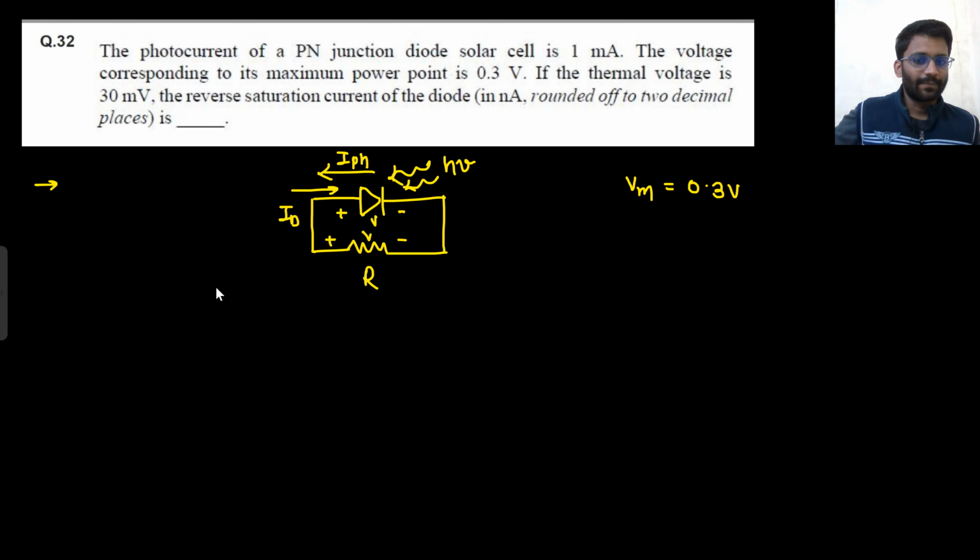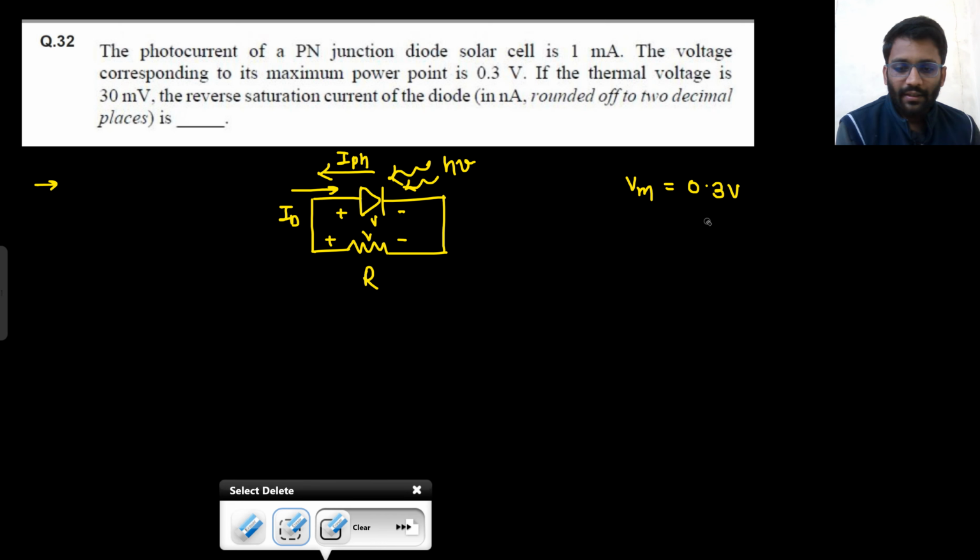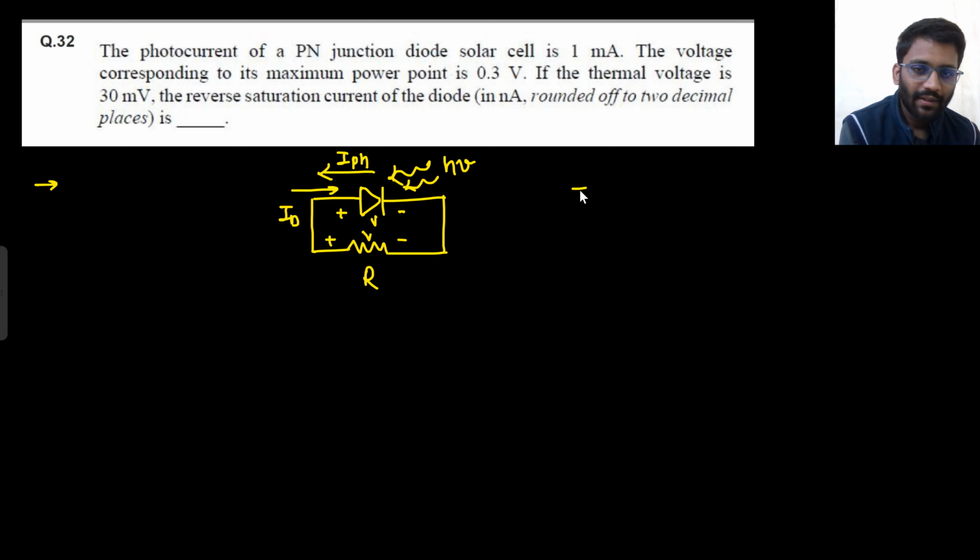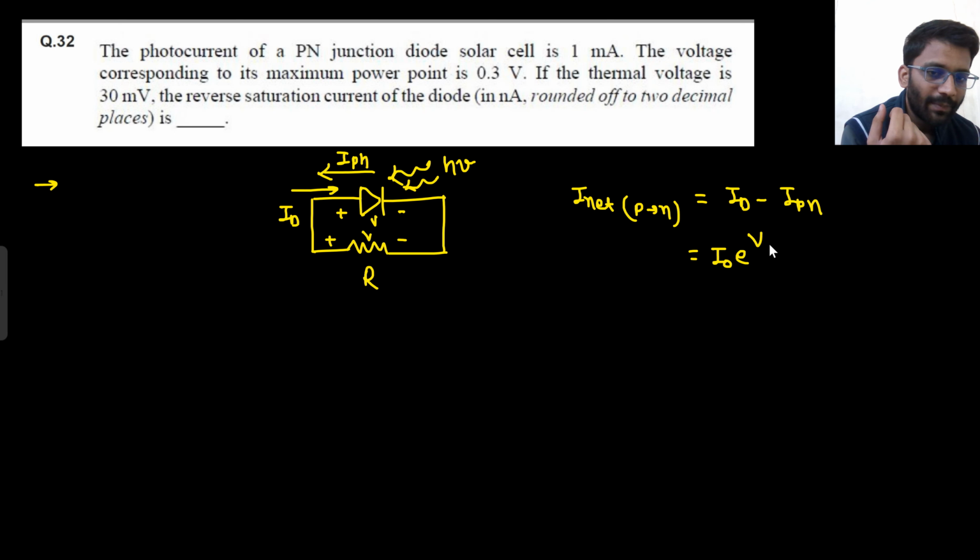that is I diode. So what is the net current? Net current, I net, from P to N. What is the net current? That is I diode minus IPH, diode current minus photocurrent. The photocurrent value is given, but we will write it later on. What will be I diode? Diode current we know: reverse saturation current into e to the power diode voltage upon Vt. What is the diode voltage? Here the diode voltage is V only. So I am writing V upon Vt minus IPH. This is I net from P to N.